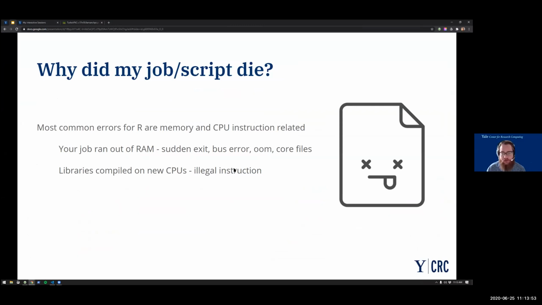I'm going to show you just R falling over and suddenly exiting, but also if you're submitting jobs as batch jobs, you might see the error called bus error, or errors with OOM in front of them, which is out of memory. And you'll also probably end up seeing what are called core dump files. And I'll show you that in a second too.